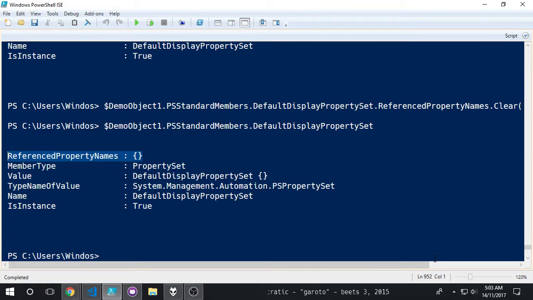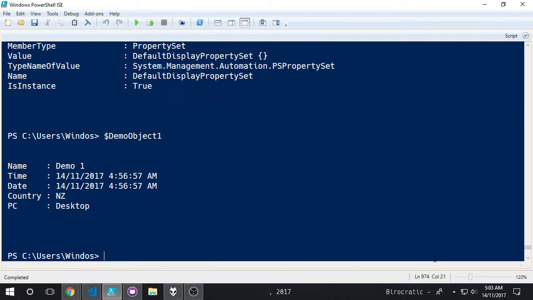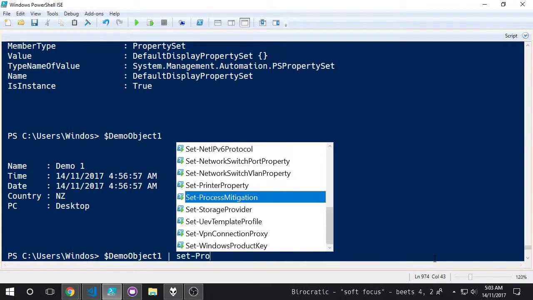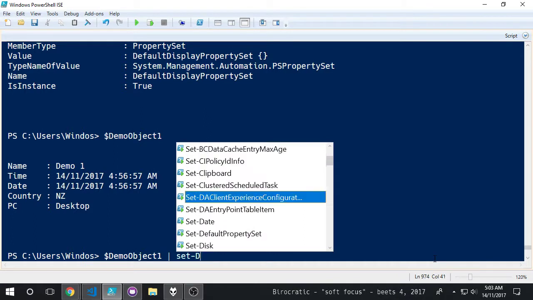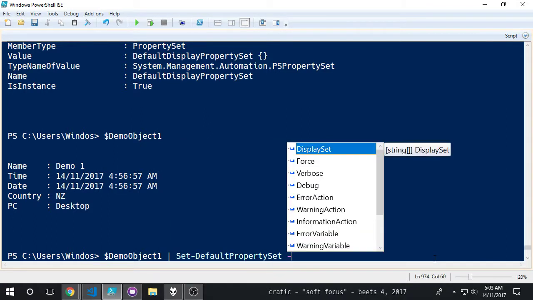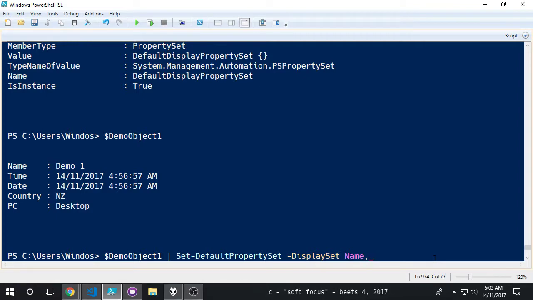Now that means there's an interesting possibility here. Sorry, we're going on a little bit of a tangent while I think about this. So at the moment, demo object 1, no property set, showing all 5 properties, and it's displaying as a list because it's got more than 4 properties. If we go and set a property set, default property set of name and country,